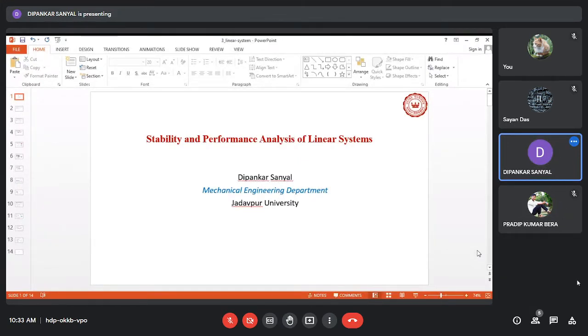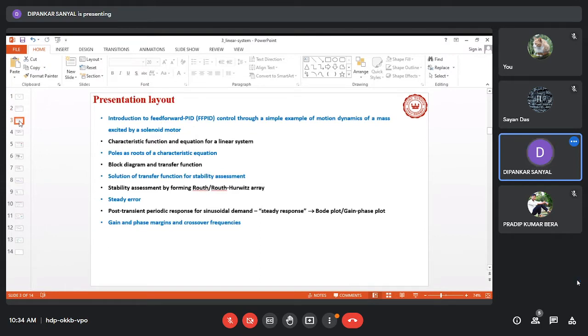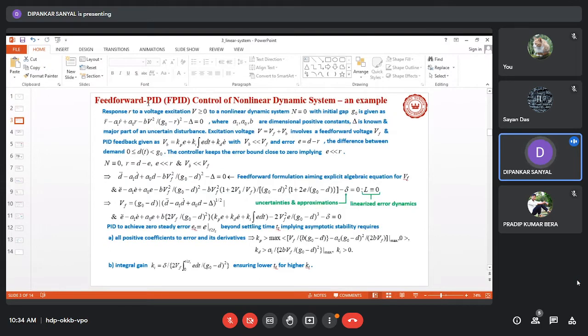So good morning, today we'll cover the last part of this stability and performance analysis of linear systems. As a quick recap, in the last class we started with the feed forward PID control of a nonlinear dynamic system for an example problem. There we have shown that if we consider the total excitation voltage to possess two components, one feed forward and